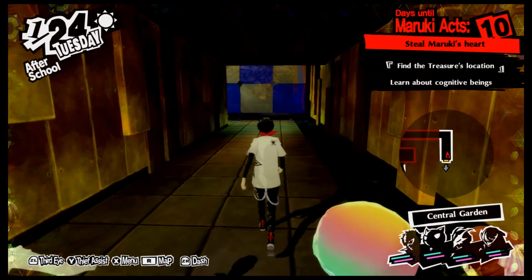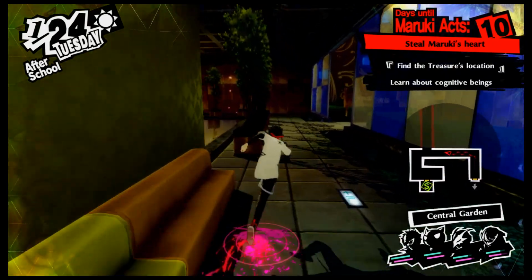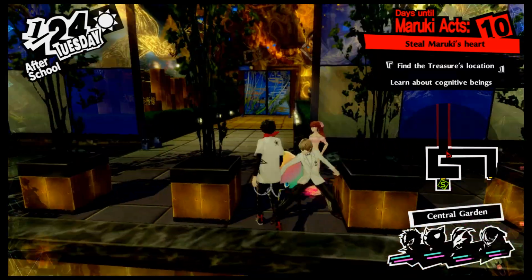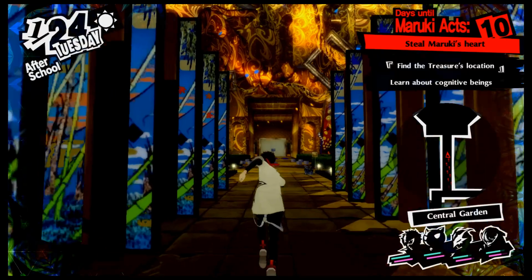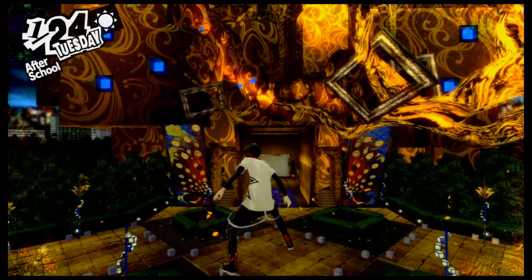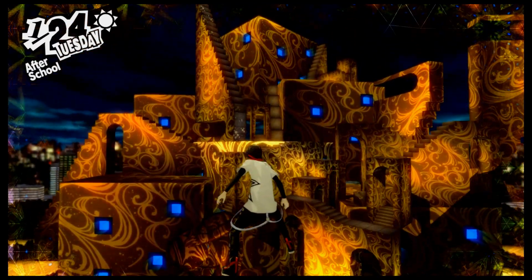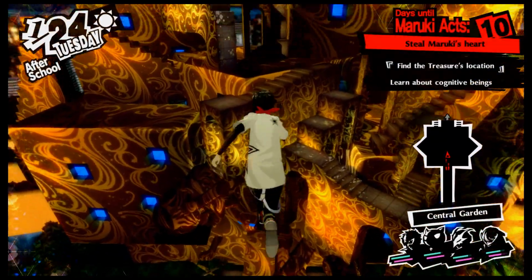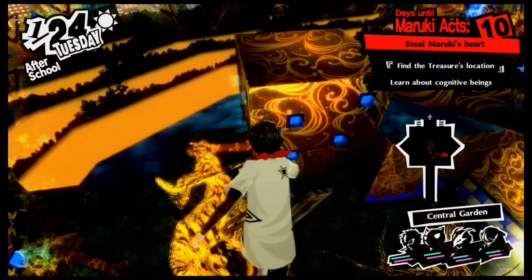So here's another area I really like in the actual game. It's the central garden. As you can see here, there's the pond, but you've also got this huge wide area here. If we go ahead and fly, you'll be able to see the stuff in more detail. The amount of detail on this one building alone is really impressive,